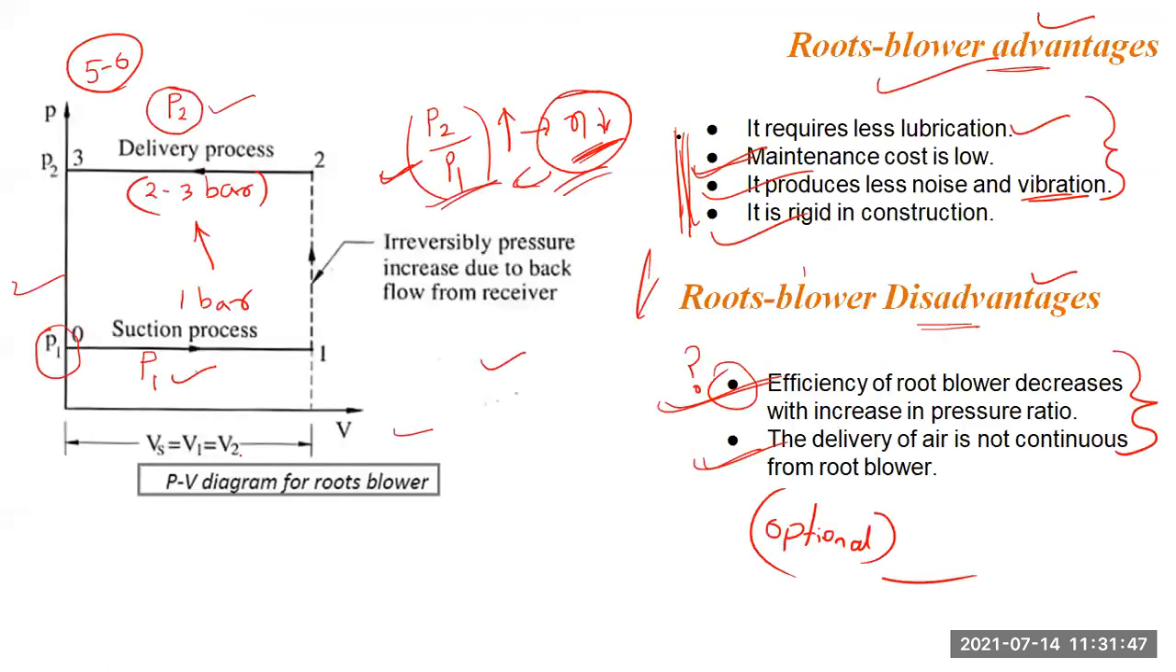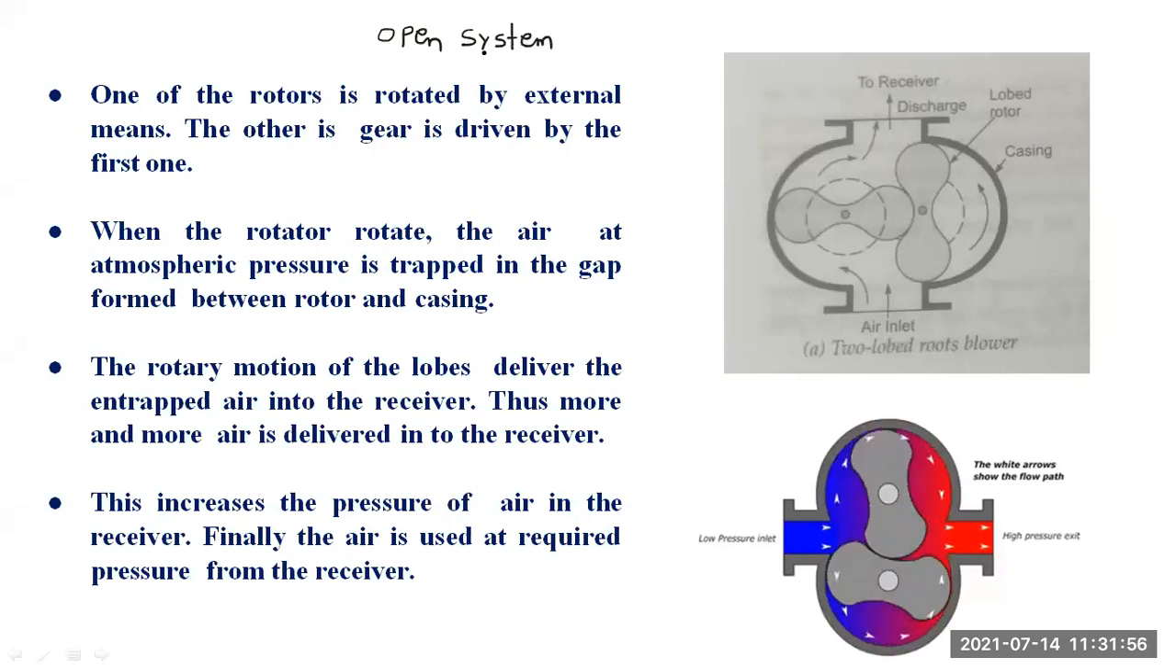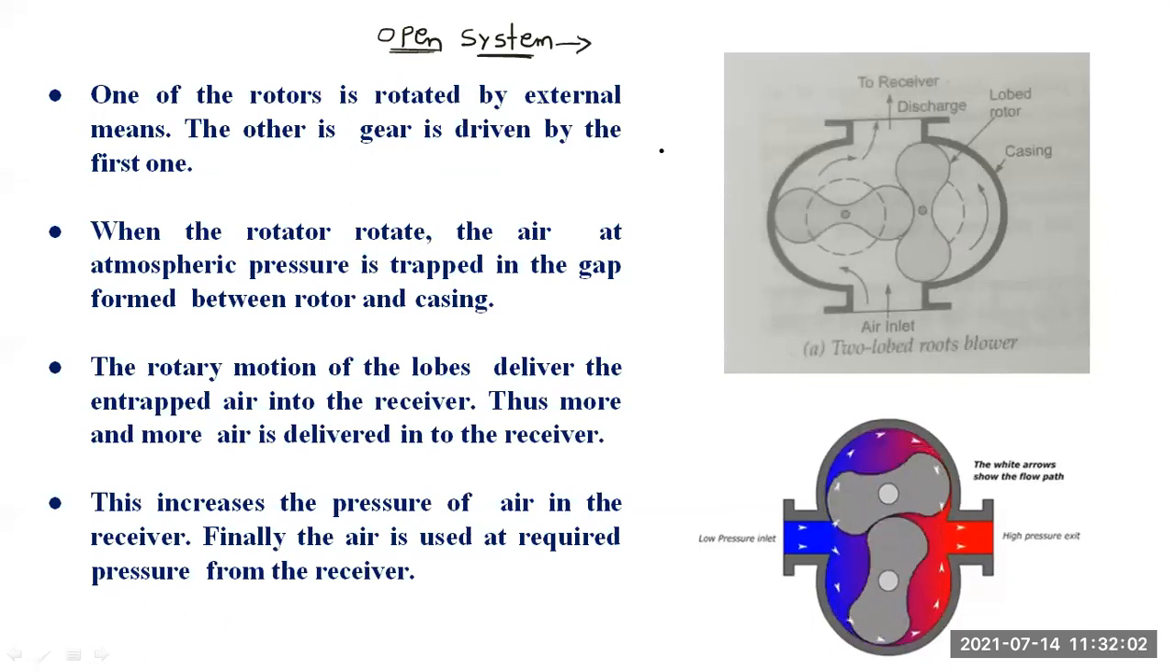You can see this root blower is an open system device. In thermodynamics, you have studied open system, closed system, and isolated system. What do you mean by open system? What is the definition of an open system? Can anybody say? Open system means both mass...